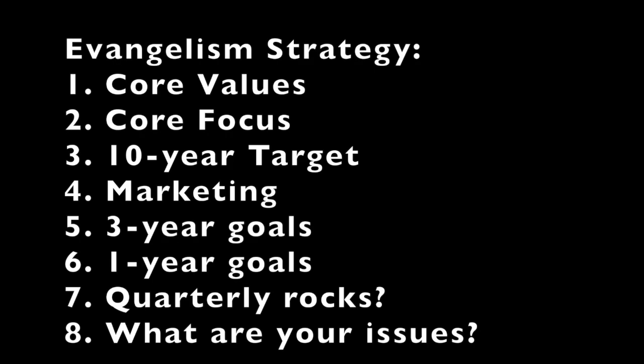Number 8, what are your issues? You see, there's always going to be obstacles that could prevent you from reaching your targets. We all come across these obstacles. Your leadership team should be able to state them openly and honestly so that it can be brought forward together and you can get through them. Get them out of your head into the meeting or out in writing in some way, and ask your team to say, all right, all the obstacles, the concerns, the opportunities, if you will, that we have to face right now in order to achieve our actual quarterly vision that turns into our year vision, that turns into our 3-year vision.